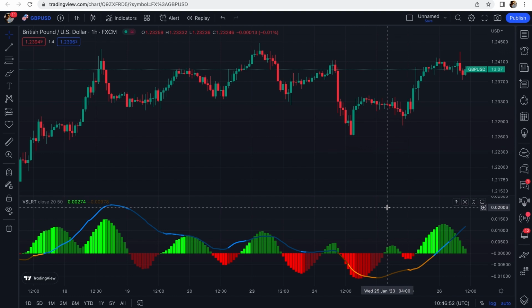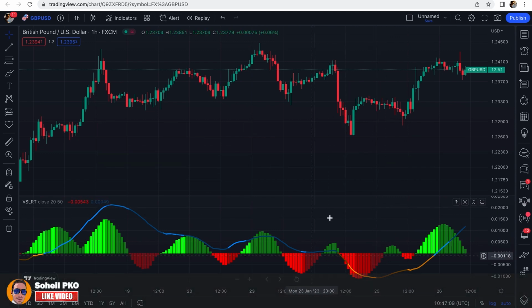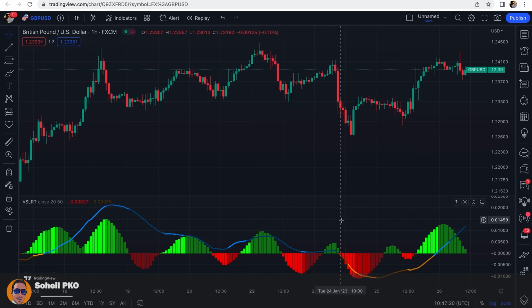If you don't know what a linear regression is, in statistics, it's a predictive model that is used to estimate the value of a variable based on the value of another variable. It's a linear approach, and because of this, it can help us to calculate trends. And the amazing idea behind this indicator is that it combines it with volume, which gives us very accurate results. Because as you know, if volume doesn't support an uptrend or downtrend, sooner or later the trend will end and